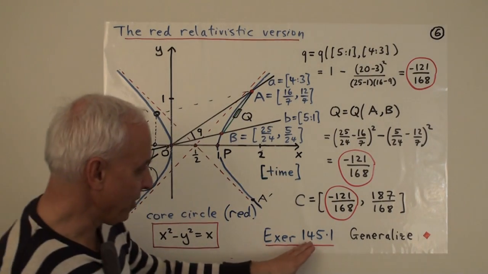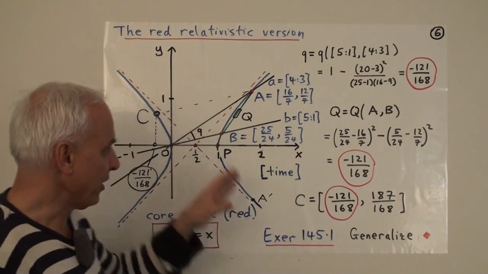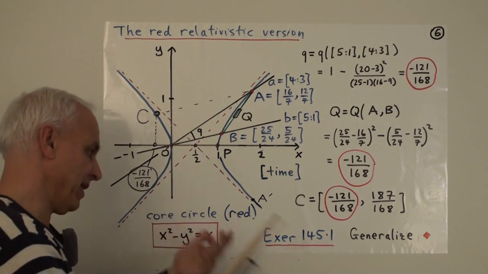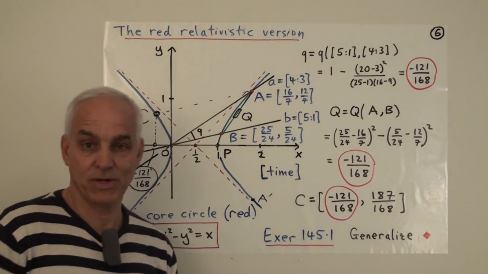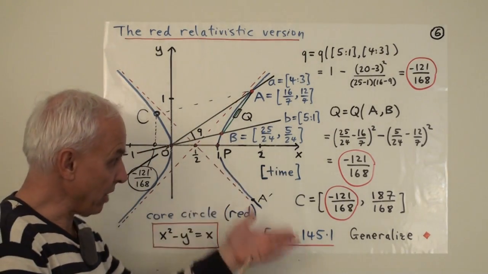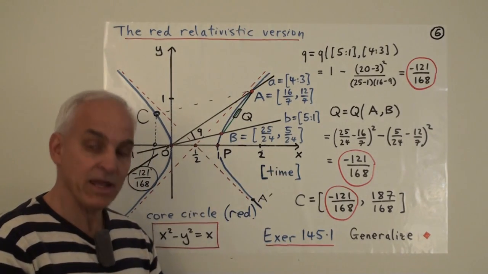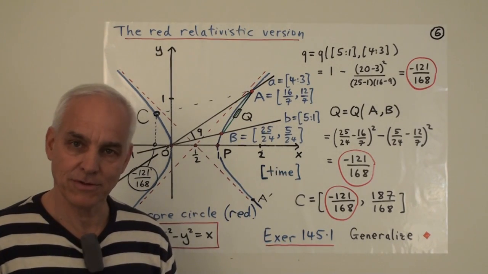Okay, you'll like to generalize this. So I've done it with a special case. It's a lovely exercise in algebra. Basically very similar to what we did in the Euclidean case. Just to work it out with general points, work out the algebra, see that everything works out pleasantly as it should.